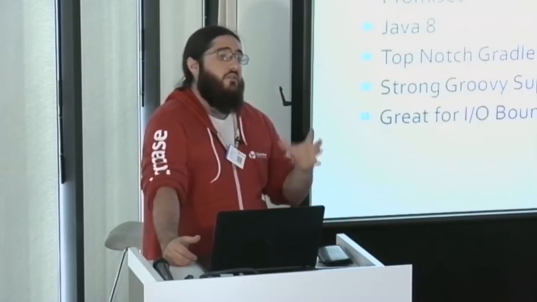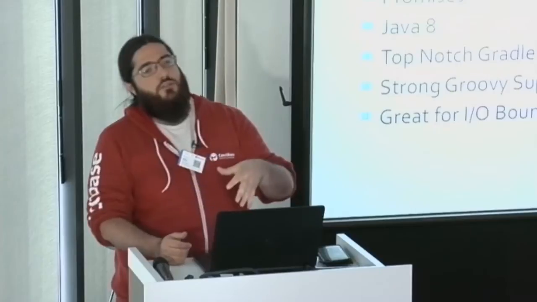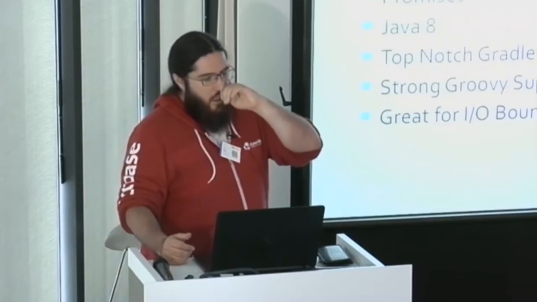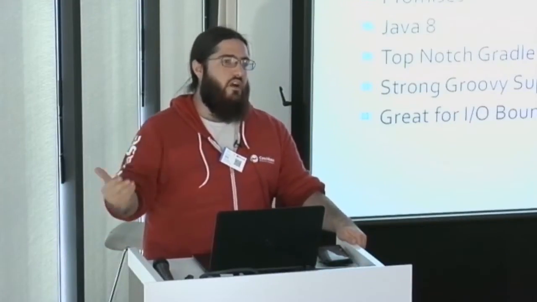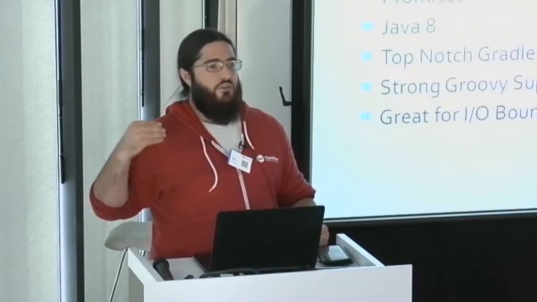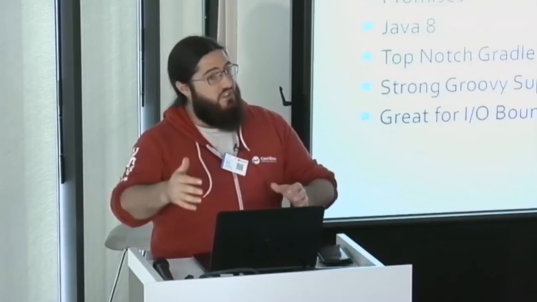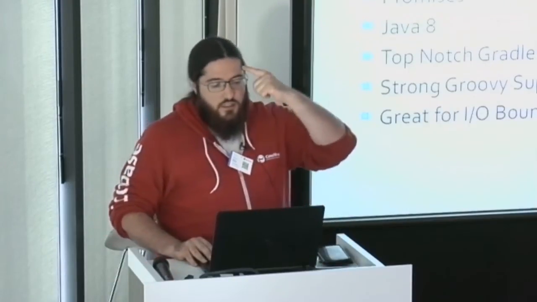It's based on promises. If you did some JavaScript, you might know that a promise is a way to write asynchronous code, similar to a future or completable future in Java. It's fully based on Java 8. If you use Java 6 or Java 7, that won't work. You have to use Java 8 mostly because Java 8 brings lambdas, and lambdas are great when you do asynchronous programming, because when you do async, usually you give a function as a parameter, and in Java, before having lambdas, you couldn't give a function. You had to declare a new class implementation that just has one function, which is super hard to read and just ugly, and that's why Java 8 is so cool.